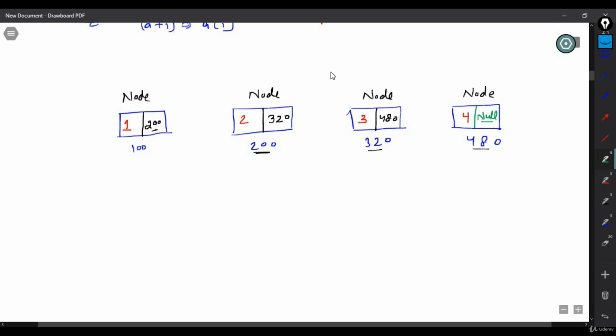Okay, so we are storing null here because there is no next node. Then we will store the address of the first node, so I will store the address 100. Now if you want to iterate, print the content present at address 100,